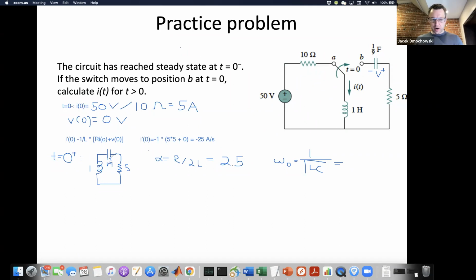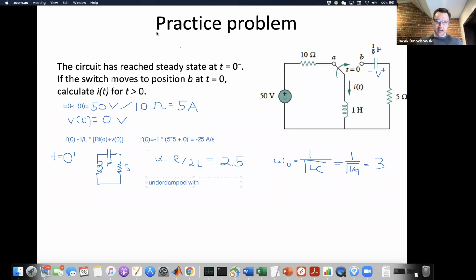So it's 1 over the square root of 1/9, it gets garbled in my head. So I believe it's equal to 3. Which means that we have an underdamped circuit